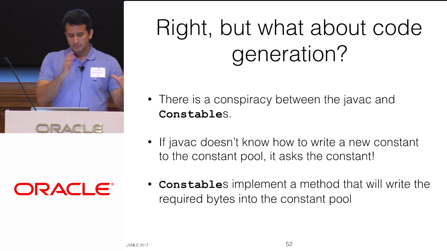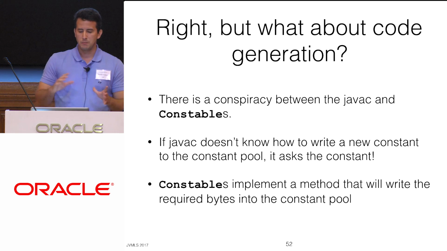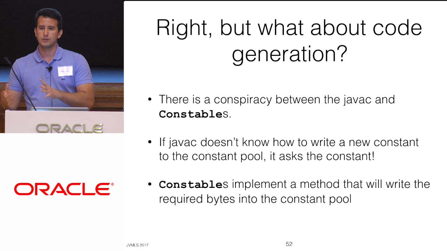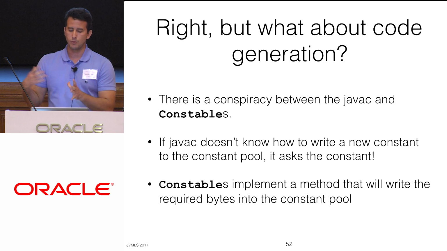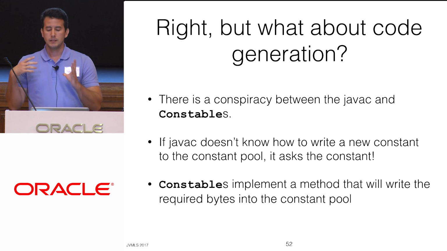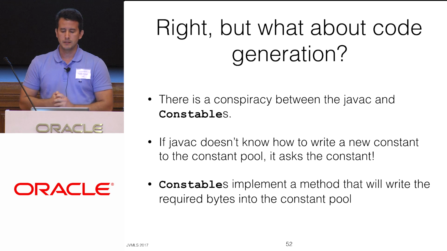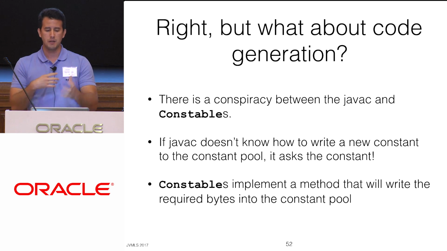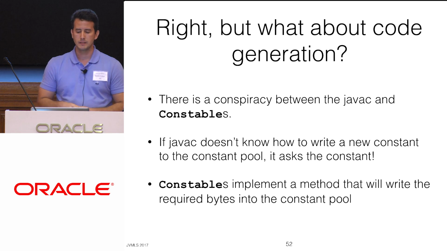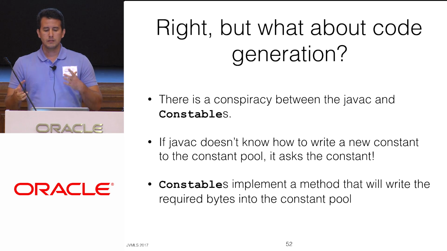Okay, this part seems easy, but what about code generation? Suppose a new console is added. Not that we want to support it, but let's suppose that a new console is added, or just an existing constant is renamed, which would be exactly the same effect. So, do I need to change the compiler? Well, there is an